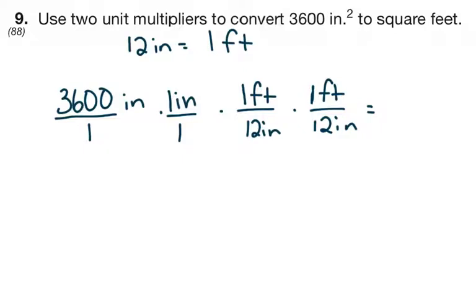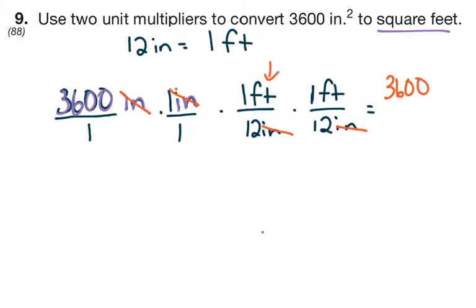We're starting off with 3,600 inches, and it's inches squared, so I have another inches right next to it, because inches times inches. And then I have 1 foot is 12 inches, and it wants to do to square feet, so we need 2 of those. So our inches can be crossed off, which gives us 3,600,